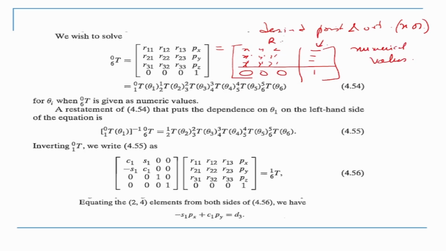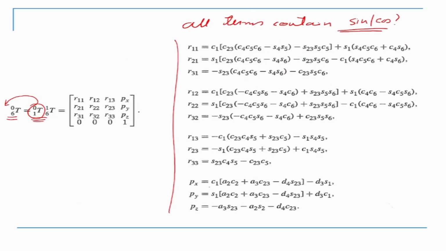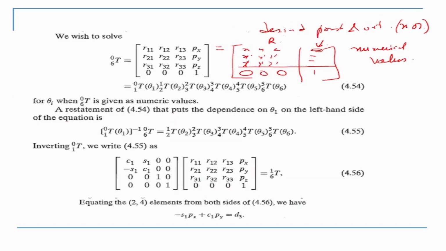Now if I try and equate it straight, I will not be able to solve. If I equate term to term, this to this term, I will not be able to solve. Because you see that px, where is px? Px is here. It contains theta 1, theta 2, theta 3, theta 4 in various orders. So if you equate this to px, if there is a number 0.5, you can't do anything. You cannot solve it. Whereas if we try and remove theta 1 from here.